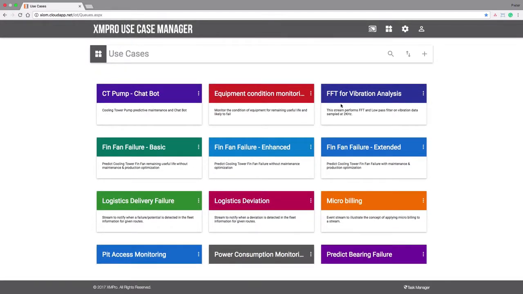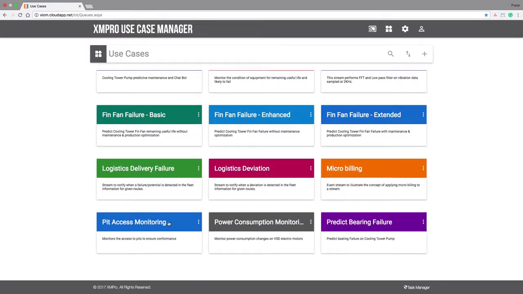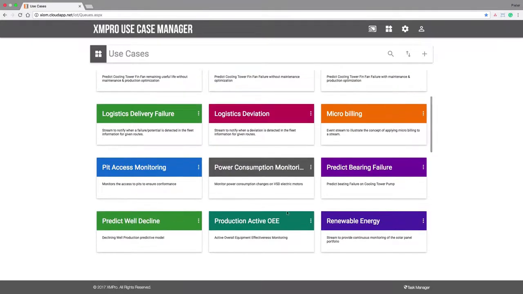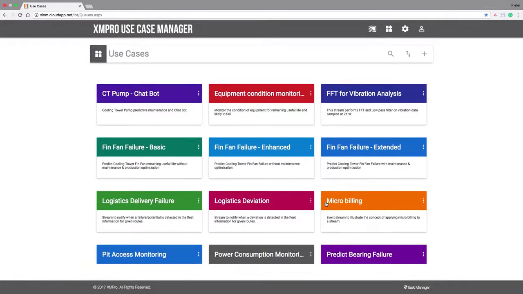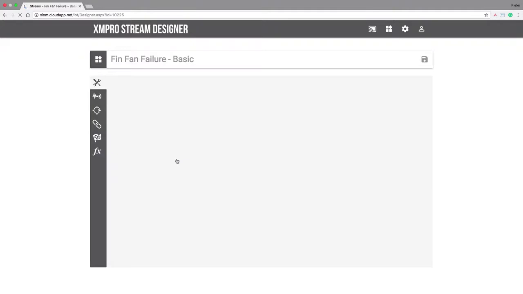It could be vibration analysis, logistics deviation, failure of deliveries, pit access monitoring, and open pit mining bearing failure. So as you can see, as an engineer, I can address multiple different business problems in the use case manager. So with the fin fans, those massive big fin fans on the top of the cooling tower,